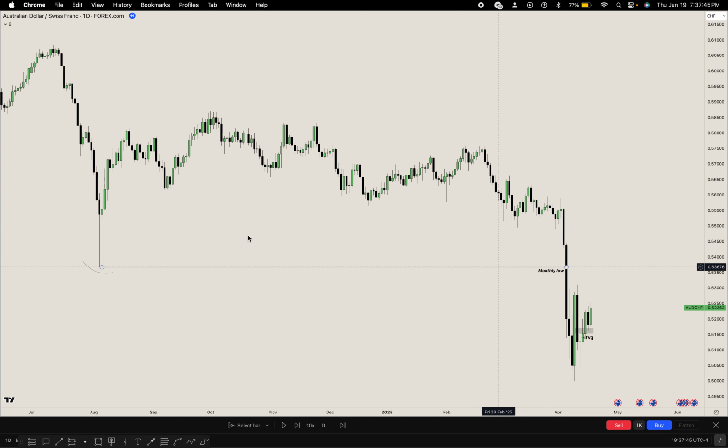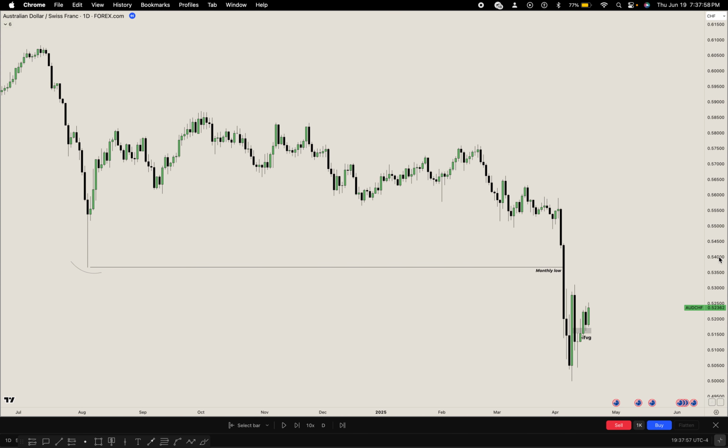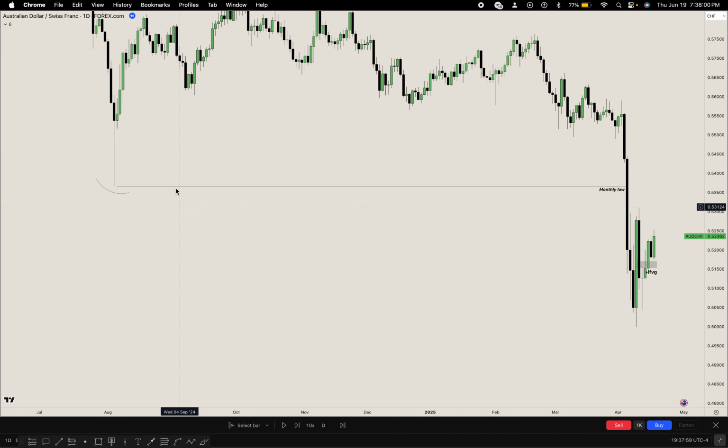Once the price goes below an old monthly low, or an old previous session low, or just a regular old low, we're going to be anticipating and waiting for smart money to show his hand to go long. So in this example right here, what do you see? Once again, price went below what? August. Price went below what? The August low. So once price took out this August low on Friday, April 4th, we're not going to be